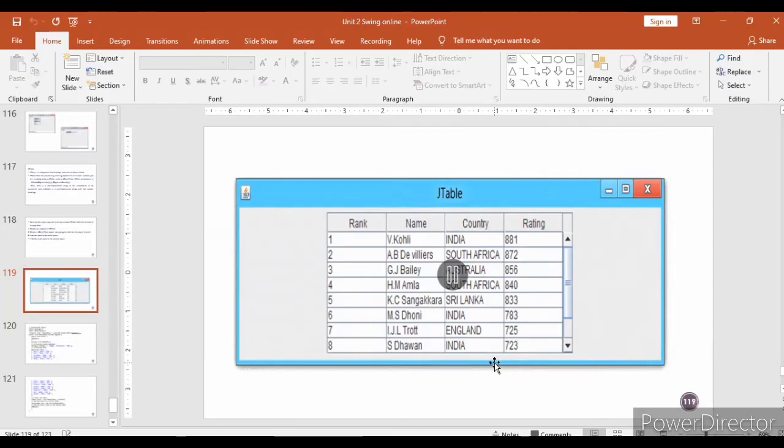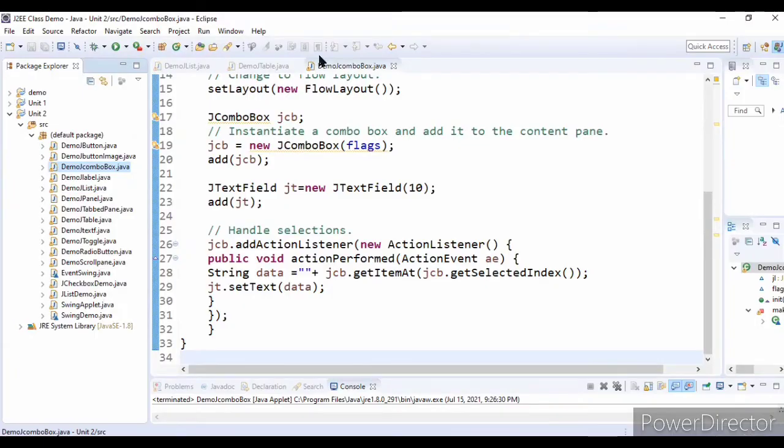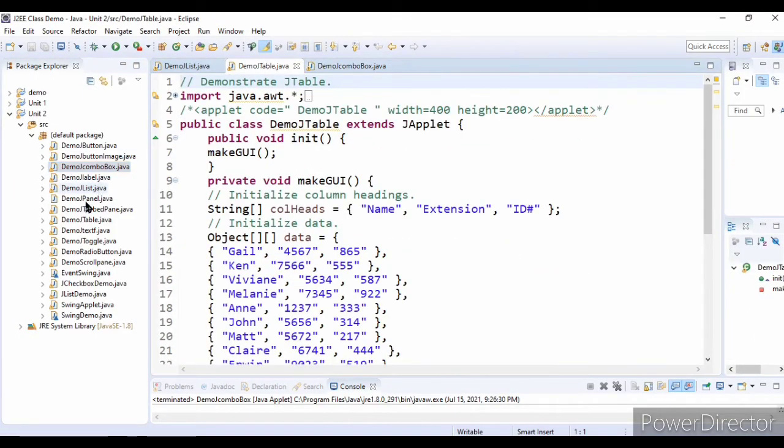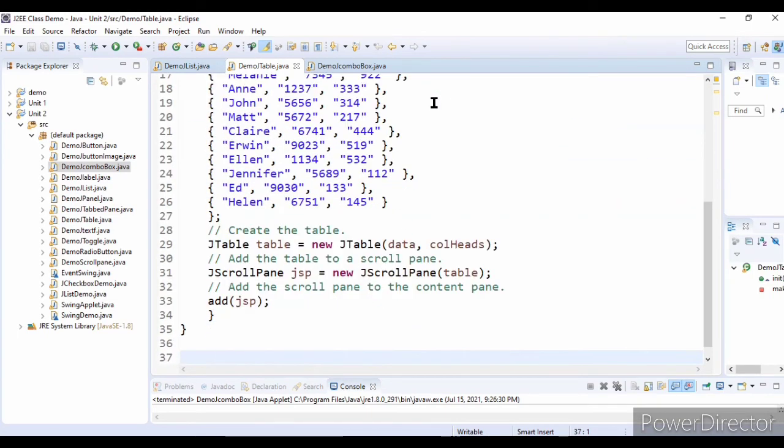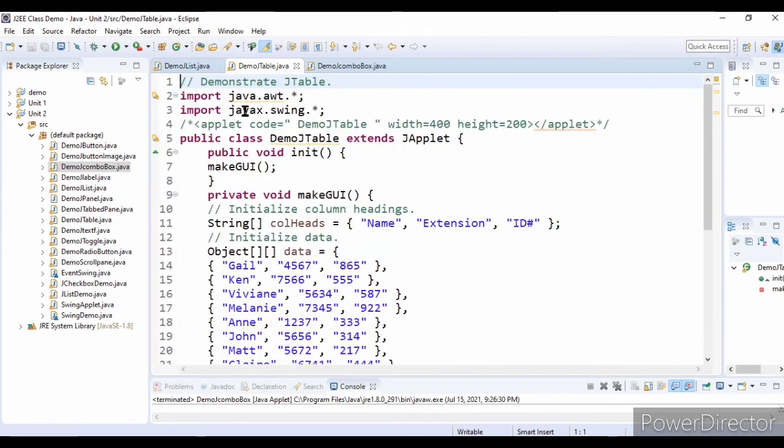We will see this in Eclipse. See here, we are importing the java.awt.* package because we are using a flow layout here. No layout. Okay, wait.